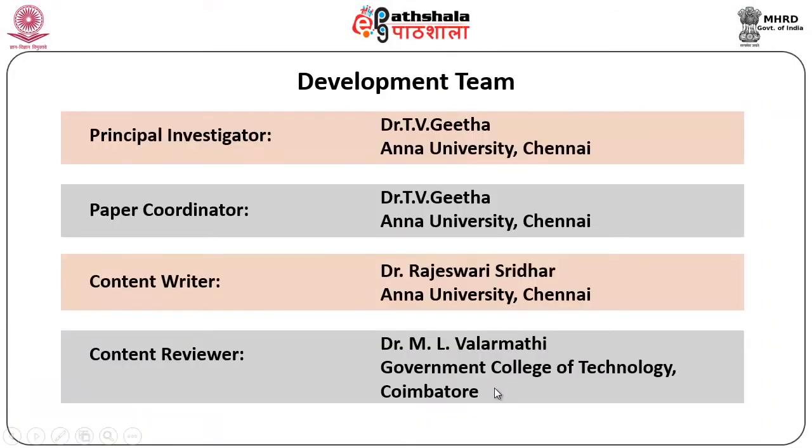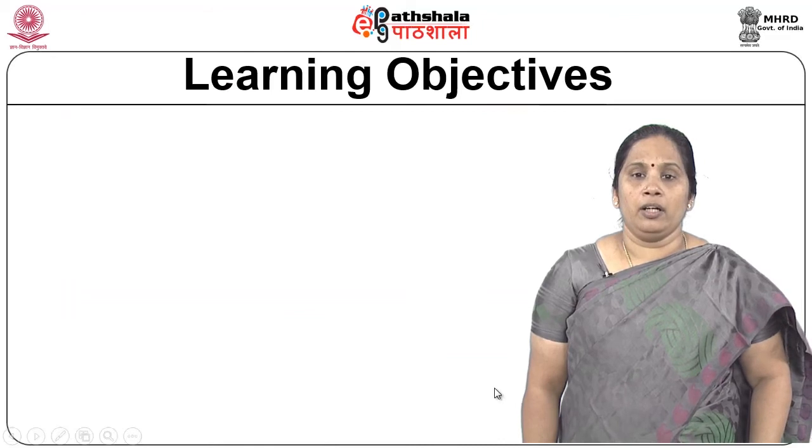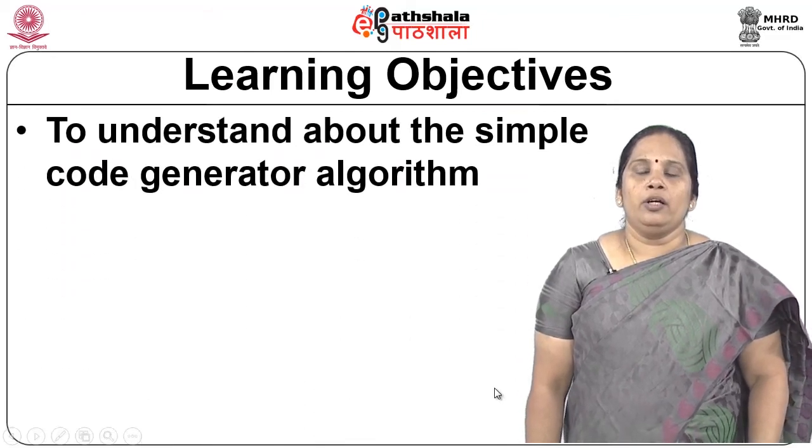We are in module 30, where we are going to talk about a simple code generator and how we allocate registers for all your variables, based on the instructions that are going to be generated by the simple code generator. So this is the development team, and the learning objectives of this module are to understand